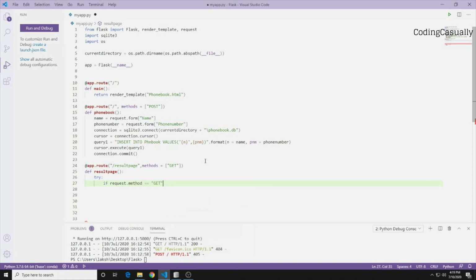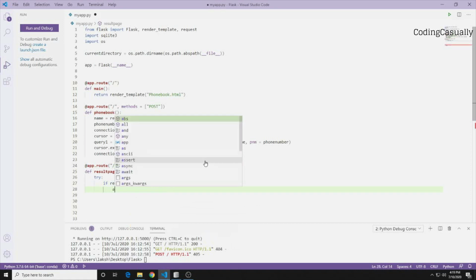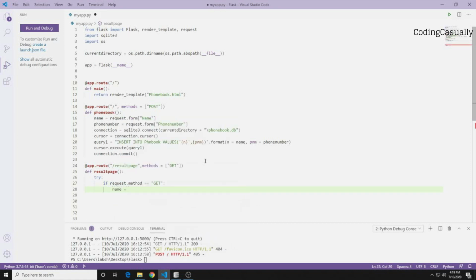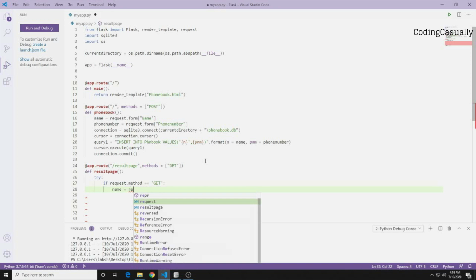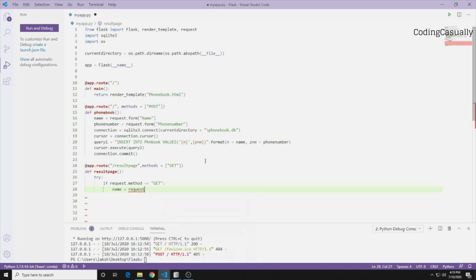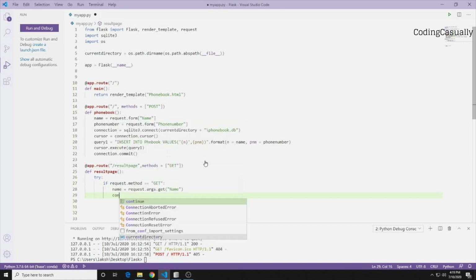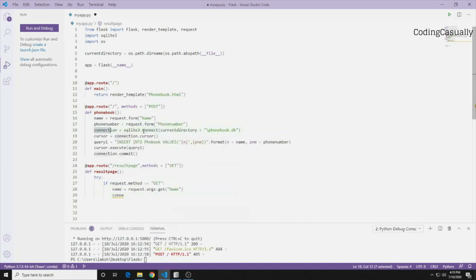get method. What we'll do is we'll pull out the name of the person that we want to get the phone number for, and we'll write request, and then args, and then get. What we want to get is the name of the person that we're trying to find. So we'll write name here, and then we'll write connection. This is something that you can copy from here and then paste it here and give it the right